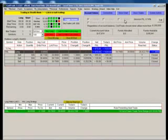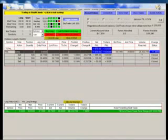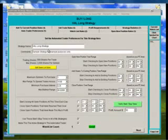So if we want to take a look at the strategy wizard, we can flip over to the next page, and this is the Halliburton long strategy, sample strategy for example purposes only. Over to the right here, we've just instructed the robotic trader when we want it to trade, so between 9:30 a.m. and 3:30 p.m. it's looking to open up positions, and this is Eastern Standard Time. Between 9:30 a.m. and 3:58 p.m. the robotic trader is looking to take profit, and then at 3:50 p.m. at the end of the day, anything up more than $50, it's set to